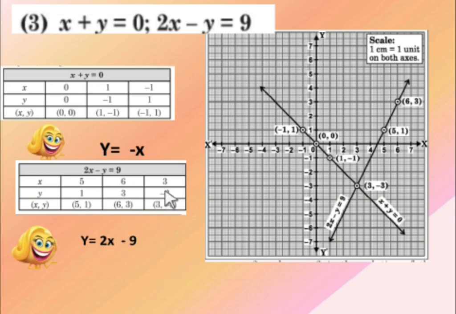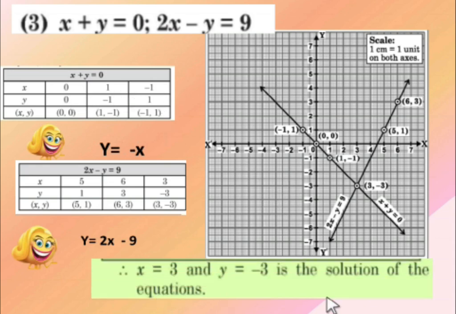He is trying to put x is equal to 3. 3 2s are 6. 6 minus 9 is minus 3. So he gets the values on both the sides. You can do it any way. Put the values as 0, 1, minus 1. Done? Very important, this. Don't forget to write this on the page where you solve the tables and also on the graph paper. Don't forget to write the scale. Your marks are given on the scale as well as this part.